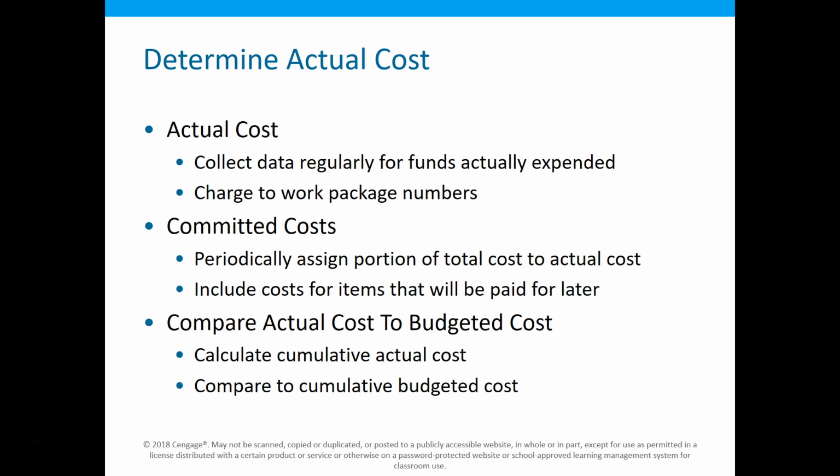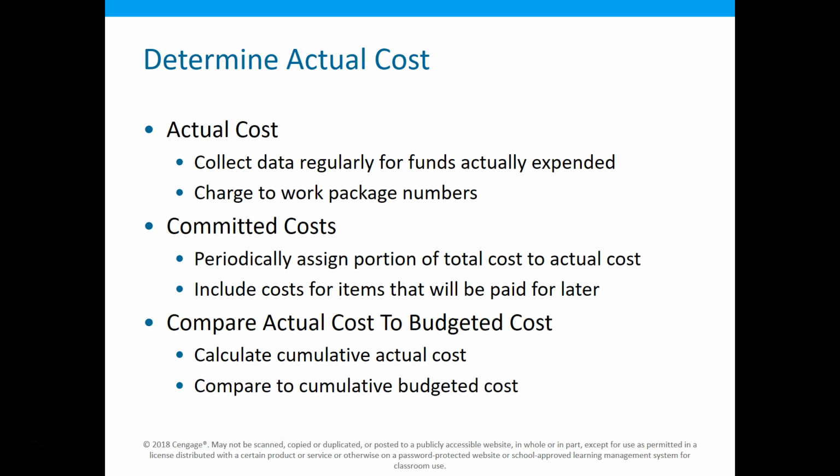So there is a term that is called committed costs. So committed cost means I know that I'm going to spend that money. It may be paid later. So I may have committed to buy a load of 2x4s. They're not here yet, but I know in week 8 those are going to arrive. Or I may have committed to buy a bunch of asphalt or a machine or something else.